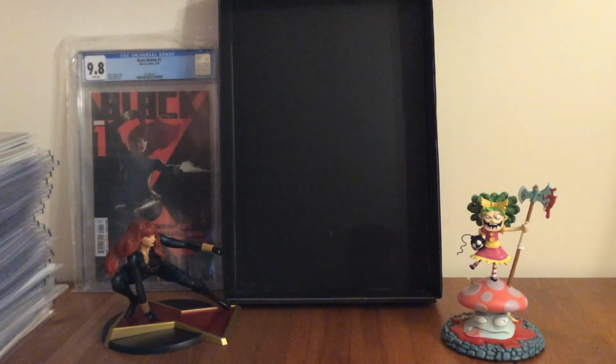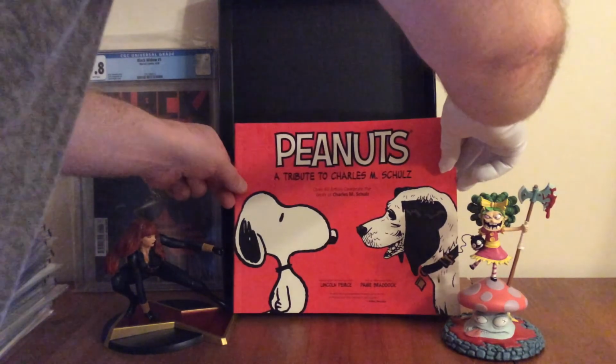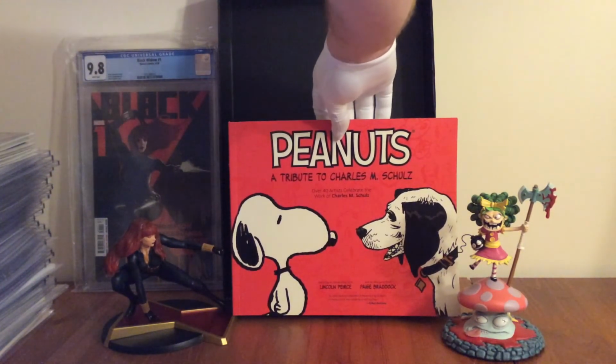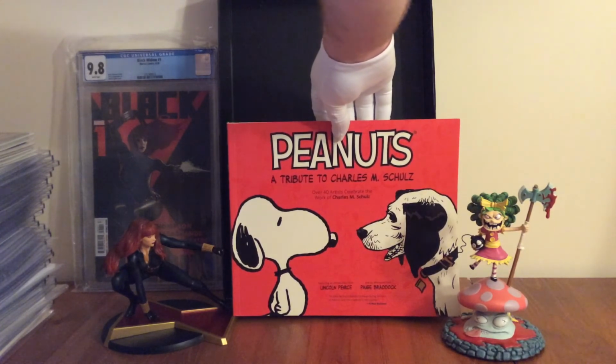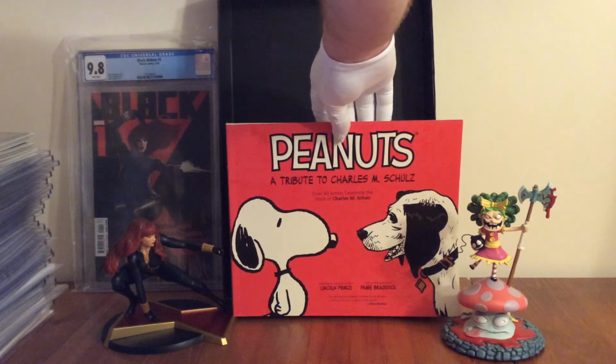Okay, well the next book I have to show is actually an anthology series. It's an original one-shot book. It's quite a big one, and it's produced by Matt Groening. This is Peanuts, a tribute to Charles M. Schulz. This one won a Harvey Award for Best Single Issue or Story in 2016. And this book celebrates the 65th anniversary of